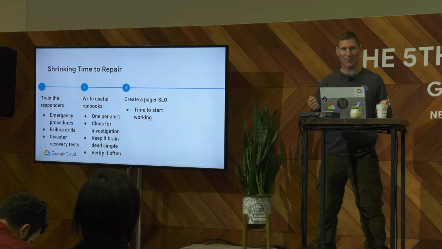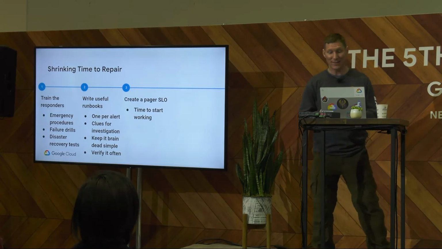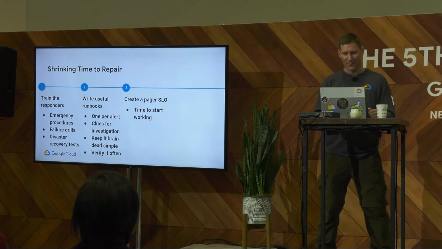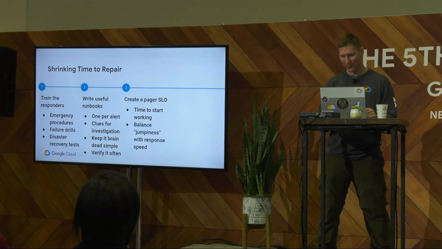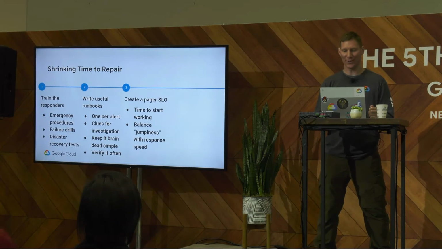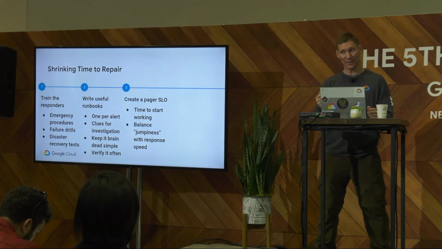I mean, you can bring your laptop, but you have to think, what's it going to be like trying to solve a real problem with your laptop going through your phone and going over a slow connection? It's not fun. There are some teams at Google that do actually have a 5-minute pager SLO, but many teams find that 30 minutes is more reasonable. Think of your pager SLO as your jumpiness factor. How jumpy do you need your on-call team to be? Choose this carefully. It's going to determine how quickly you get started on incidents, but it's also going to affect people's lives.